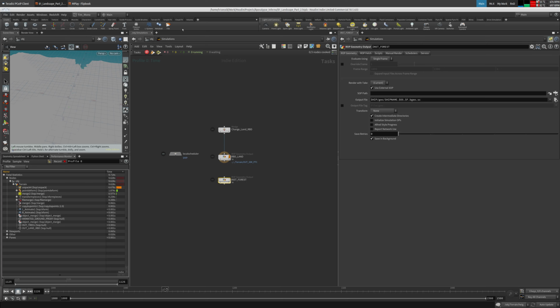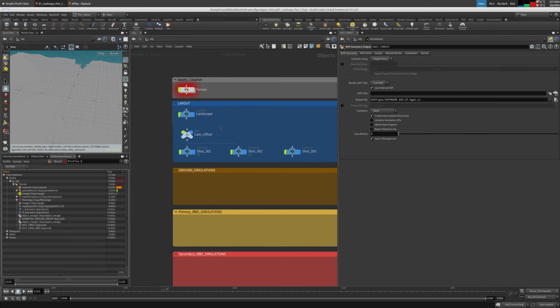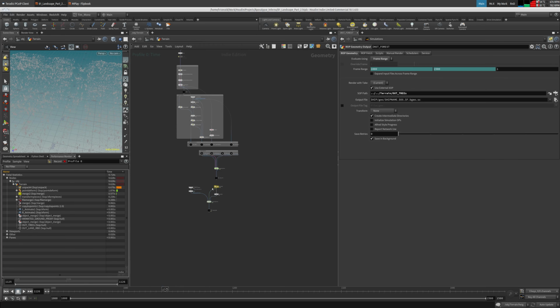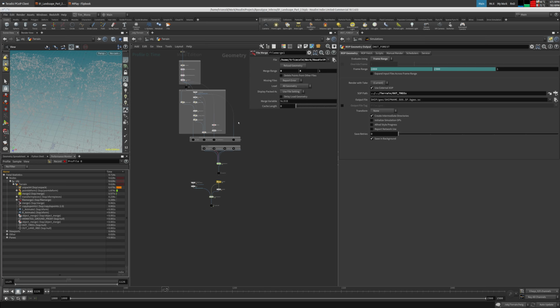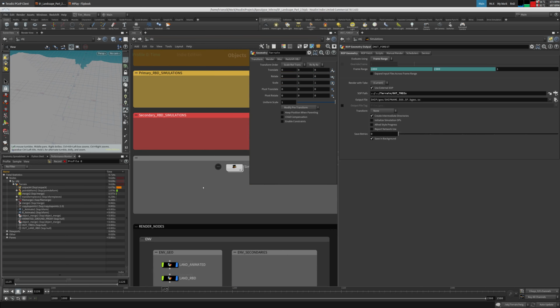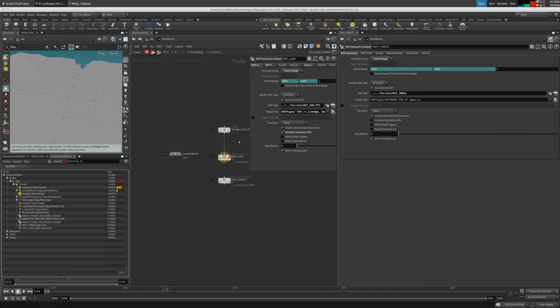Let's pin this here. Go to our terrain. This is what we want, so drag and drop this guy here. We want the full frame range obviously, and we want to stick to our naming convention, so let's load that back inside here. No, let's do it from what we were recording in the rope geometry output. So let's get that guy, but this time we don't have a wedge. So it's going to be